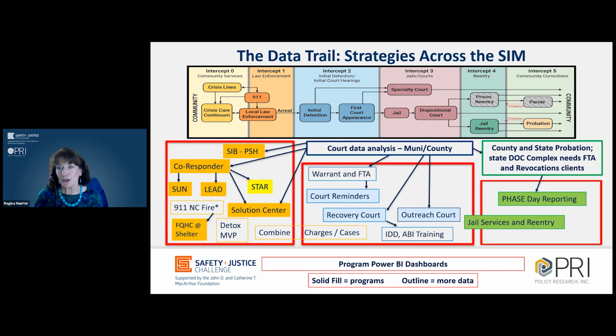And then it also queued up in Intercept 4 and 5, a whole different level of jail reentry, jail services and reentry services for those folks who did go to jail. And then also queued up at the state level, county and state probation level, really, and prison, looking at complex needs. And we created something called a phase day reporting that was run out of a sober gym, where this particular population, again, high homeless population, they had all kinds of technical violations and revocations, and that we were able